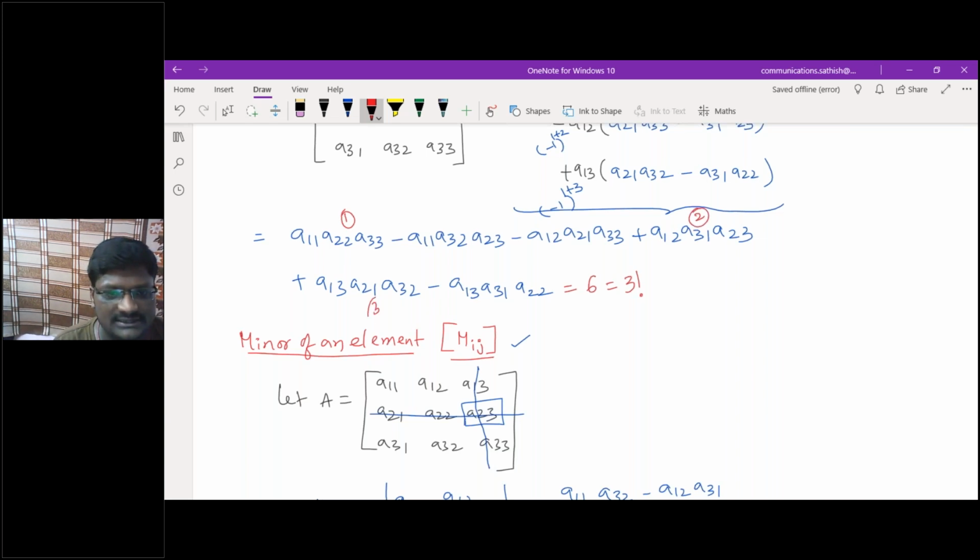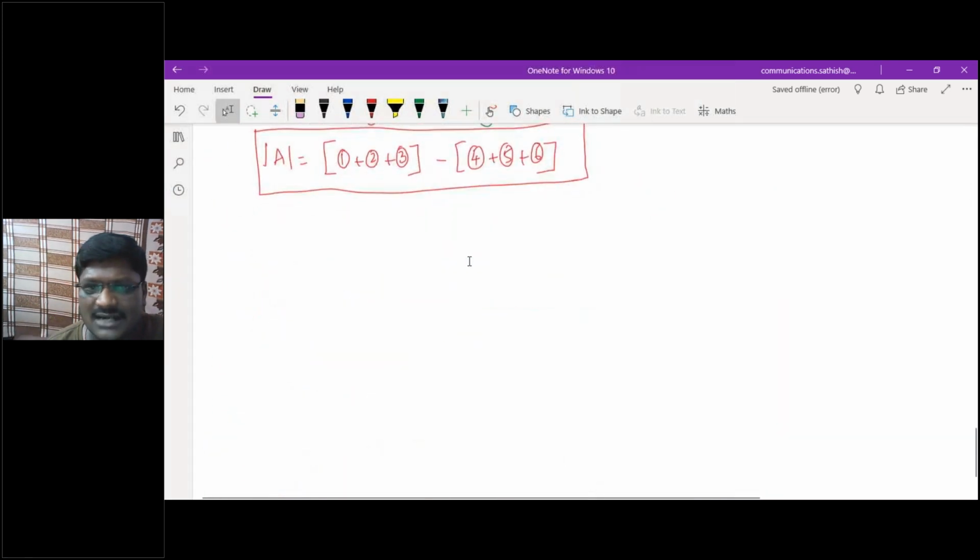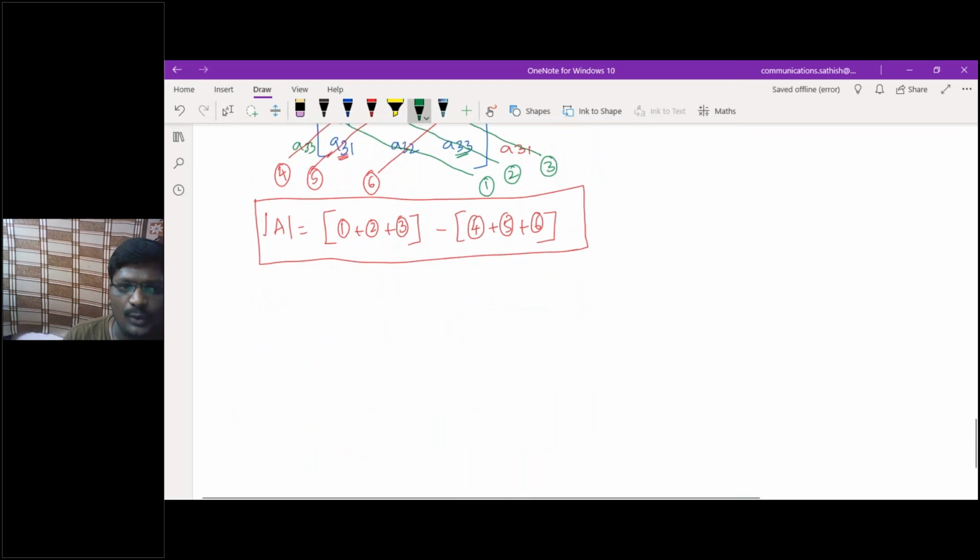Then this is nothing but three more. Three positive terms and three negative terms will be there. So this is some 4, this I'm taking as some 5, this I'm taking as some 6. Because of this reason, I'm writing the determinant of A as 1 plus 2 plus 3. The first three terms will be positive terms and the last three terms will be negative terms. So that is why I'm writing the shortcut for the determinant. Here 1, 2, 3 are the positive terms and 4, 5, 6 are the negative terms. Got my point clearly? Now you understood?